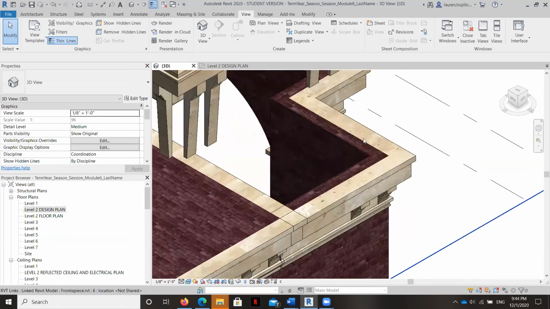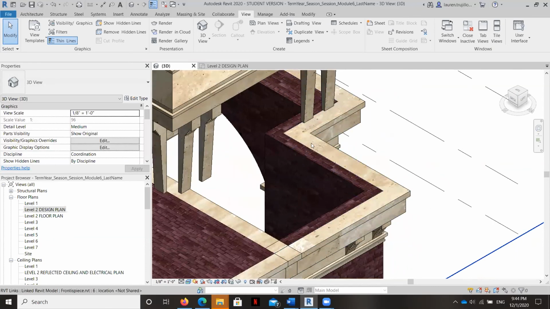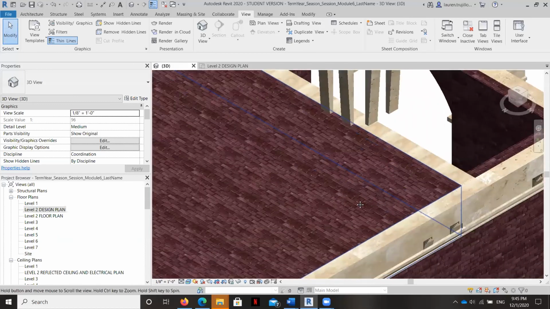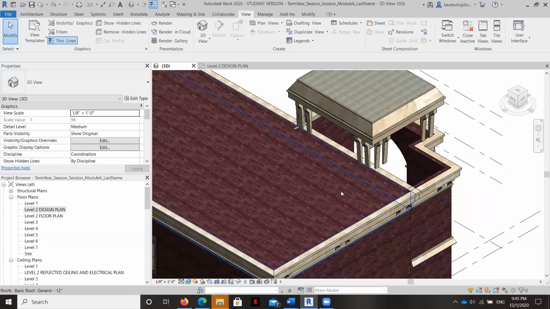I don't want to adjust my wall heights all that much because then it's going to mess with the cornices that I have created here, because the cornices are related to the 3D edge of the wall. So if I adjust the wall, it's going to mess up the cornice. So what I need to do is just a very simple either plane or extrusion here that I can paint to match this roof here. So the first thing that we're going to do is go ahead and paint this roof something that would be a little bit more realistic.